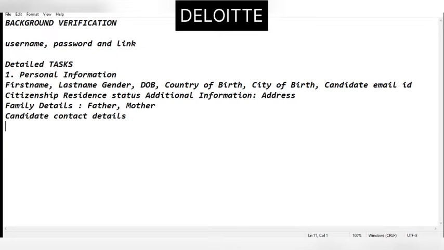And you will have some questions like, do you have a license to practice law with one of the Indian state bar councils? So make sure that you have read all the questions and answer them properly based on your information. And then